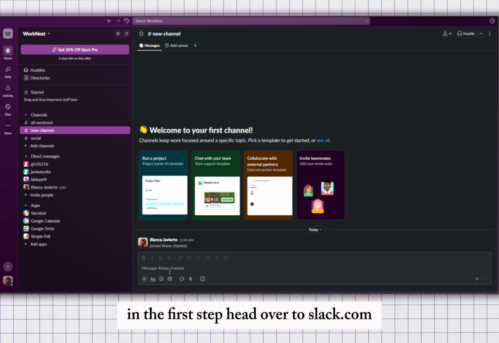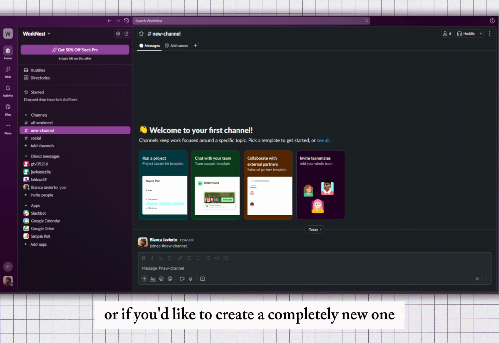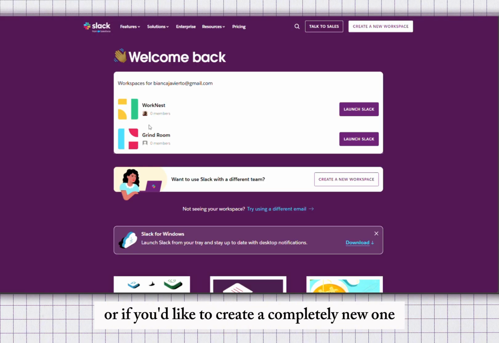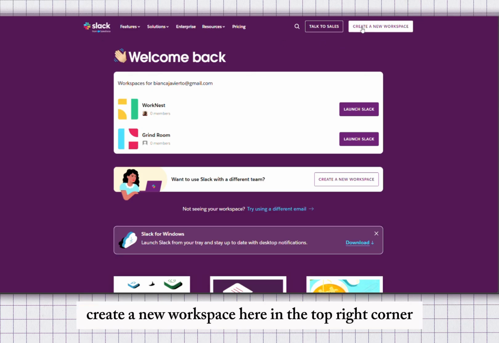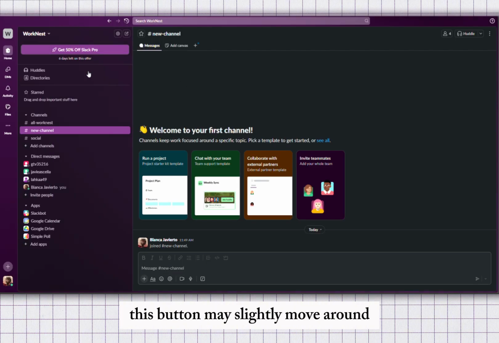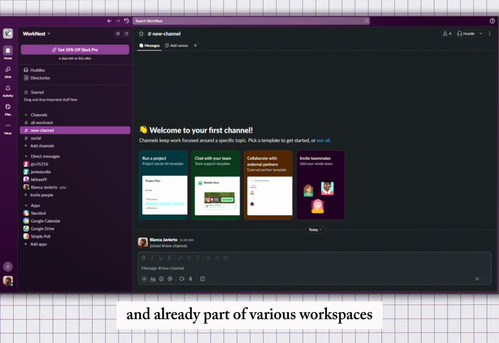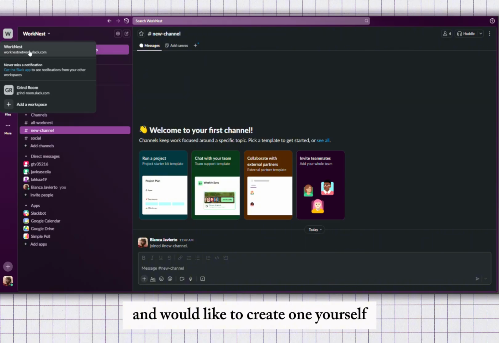In the first step, head over to slack.com, log into your account, and select your workspace below. Or, if you'd like to create a completely new one, click into Create a Workspace, a new workspace here in the top right corner. If Slack updates its interface in the future, this button may slightly move around, but the process generally stays the same. If you're already inside Slack, guys, and already part of various workspaces, and would like to create one yourself,